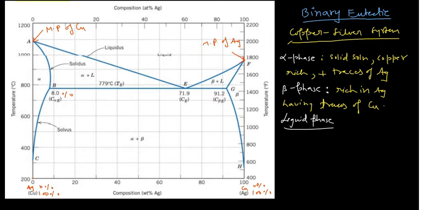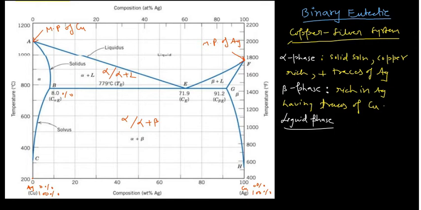Okay, so this CBA line, or ABC line actually, which is the solubility limit for the alpha phase, is in between the alpha and C. If you are taking the limit, then you can write it as alpha by alpha plus beta for this one, and for this one you can write alpha by alpha plus liquid. So you can say the solubility limit for the alpha phase is the boundary line CBA between these two phases, which I have discussed.